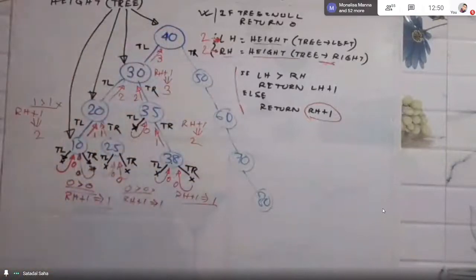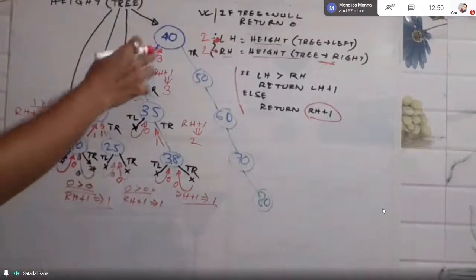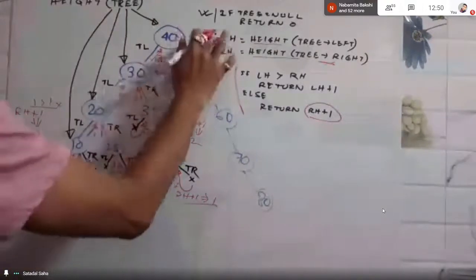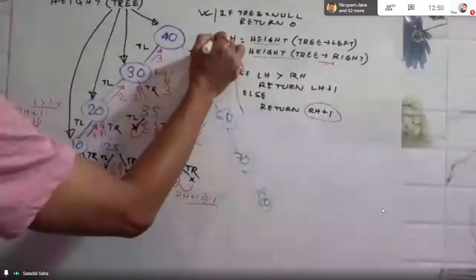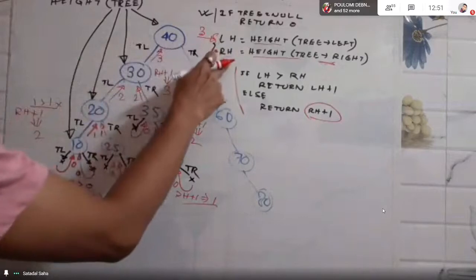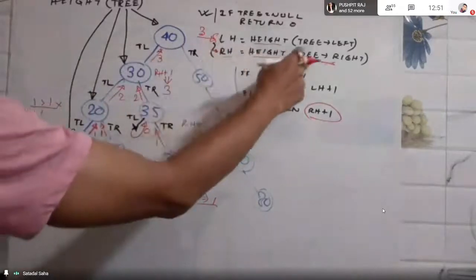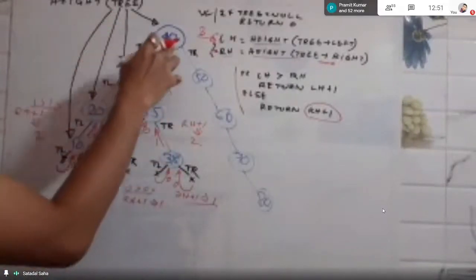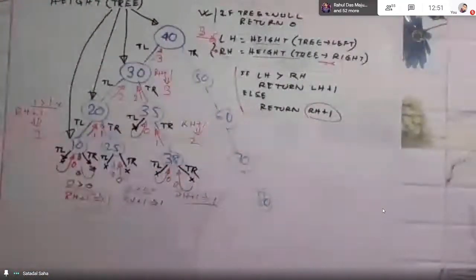So after all these computations sitting at this root node, we are only completing this part. That is, we are getting the value of the height of the left subtree of 40. Now sitting at 40, it will call the next point, that is height with the right subtree. Now left subtree computation is over. It will call the function height with the right subtree, that is it is calling 50.